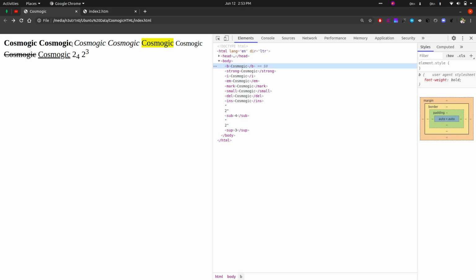So what is this bold tag? Bold tag means whatever we have written in this tag is in bold form. It is highlighting the bold text. Strong is also the same, no basic difference. The difference is in how it is rendered by search engines. This gives the importance that this is important text, so we are highlighting it with the bold tag.